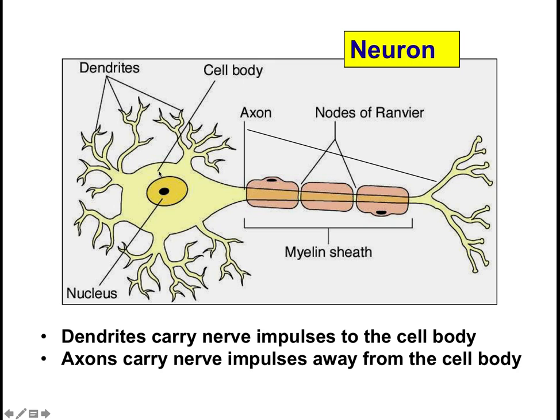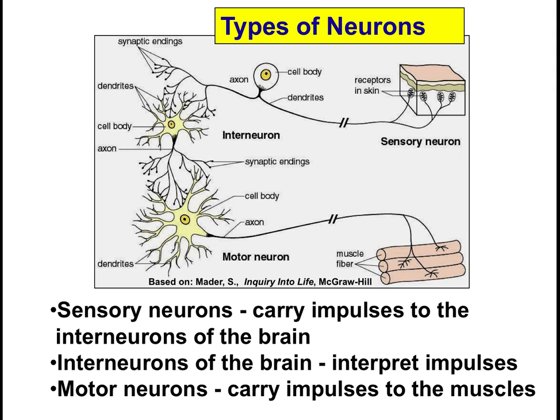The dendrite is the larger part here with the cell body and the nucleus. Then you have an axon that will extend from the dendrite and have little connecting points at the end there. These end connections of the axon usually interface with other parts of different nerve cells to create a network of nerves. And so the nerve impulse is carried away from the dendrite through the axon and into other nerve cells.